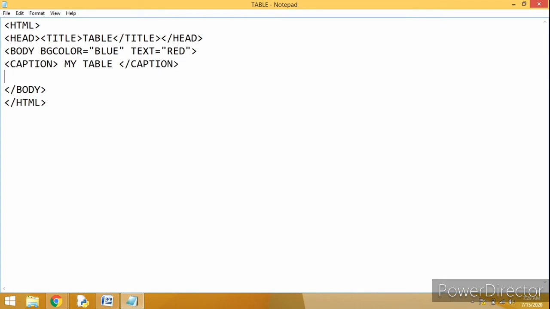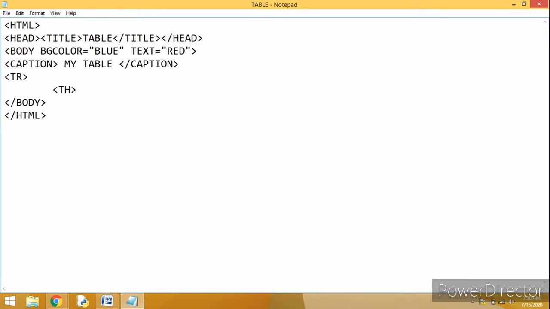Now as the entire information is to be written in a row, to do this we have the tr tag. The tr tag is used to create the table row. So in the very first row, we have the table heading, that is the th.